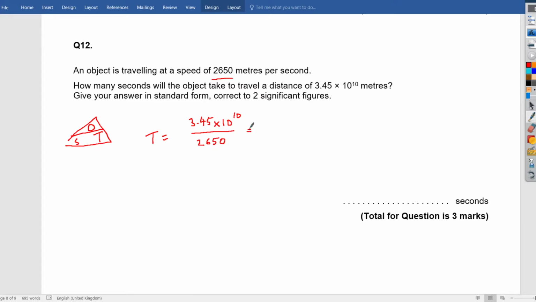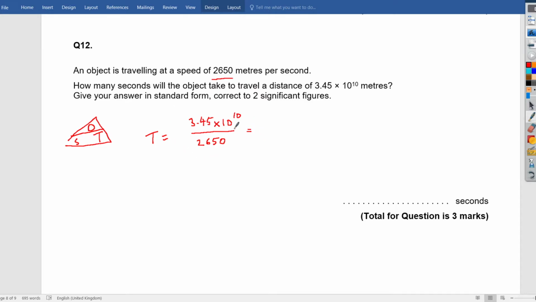So if you do that in your calculator, I'll just type it as it is, get the fraction button going. 3.45 times 10 to the power 10 over 2650,